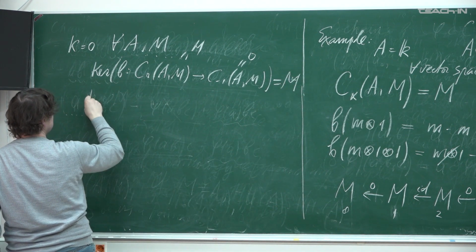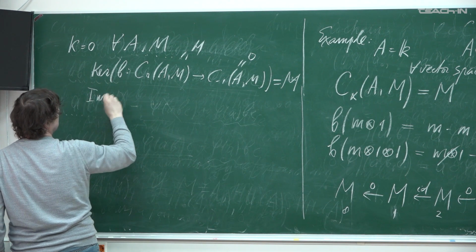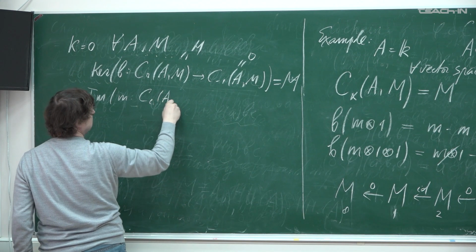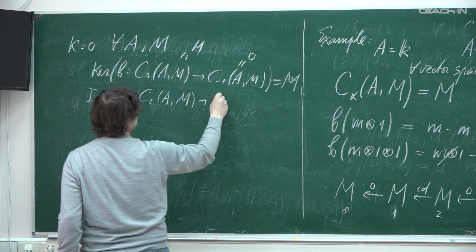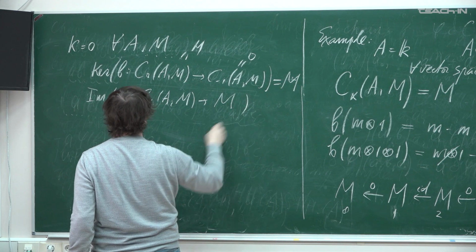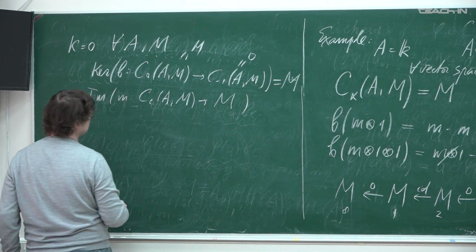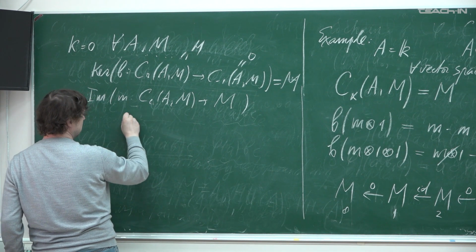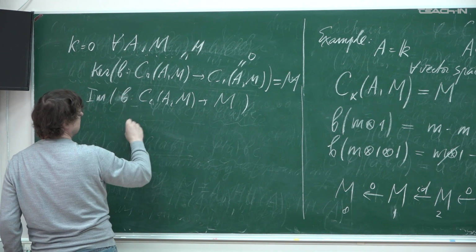And the image of the map from C_1(A,M) to C_0, which is just M,